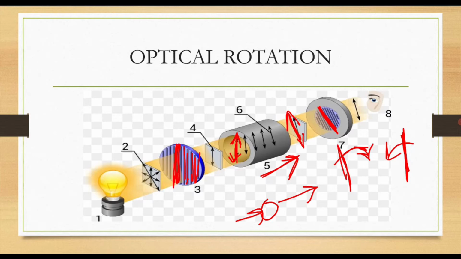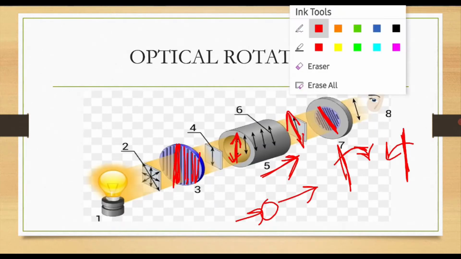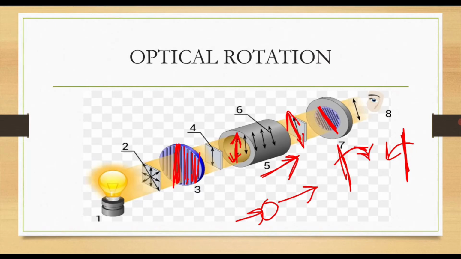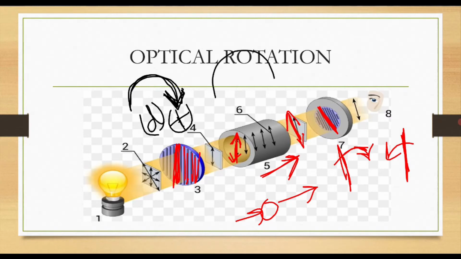Okay, so if a chiral compound rotates the plane polarized light in clockwise direction, it is called small d or plus. If the plane polarized light is rotated anti-clockwise by that chiral compound, it will be called